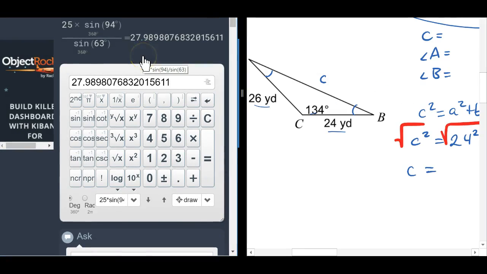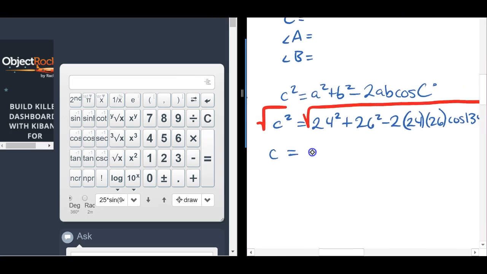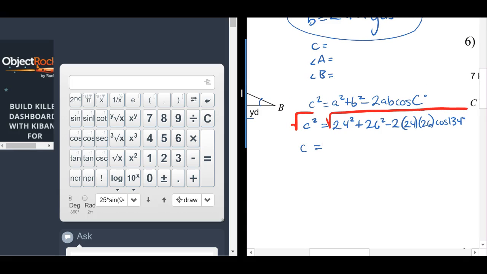Aha! Perfect. Okay, so let's move this over so I can see it. Okay, so again, first let's do square root. There's my square root. And then we're going to do 24 squared plus 26 squared